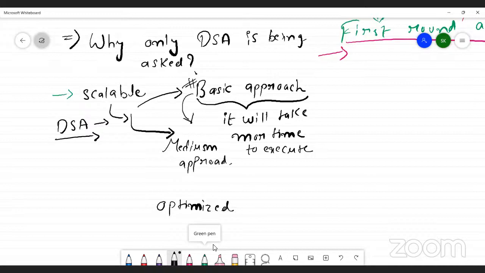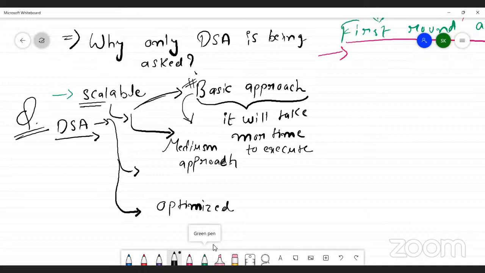When you reach here, the interviewer will again understand that okay, he also knows the concept of optimization. Now he will check your advanced skills and see how much you can maximally optimize the code. So the question is the same. Only one question he picked up in the entire interview. You told him the basic approach, the medium approach, and the optimized approach. So he need not think of any other question during the entire interview process. He has just made you think of the same question in three different ways. This is what we call scalability in DSA.